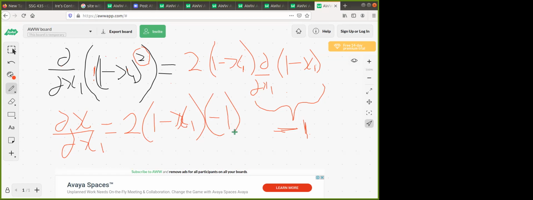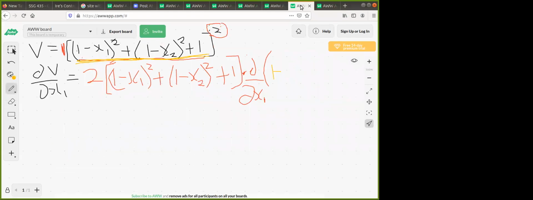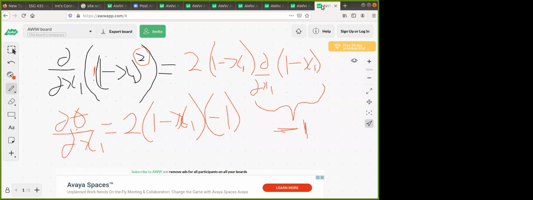Okay, sorry, this is not x, this is theta. Oh, was it theta? Wait, I don't think it was theta. Okay, it's v. It's not theta, it's v. Right. So our final this is going to be